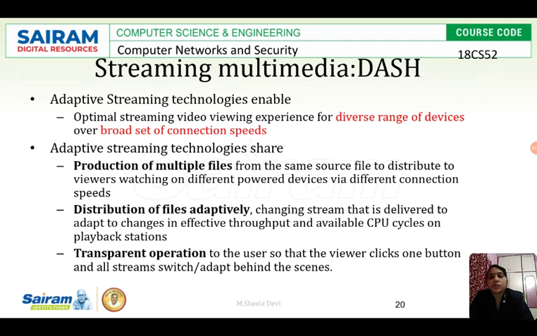The second one is distribution of the files adaptively. If I keep watching high quality video on YouTube, after 2 or 3 hours my bandwidth will obviously get reduced. Then it will switch to the low quality video file. This happens adaptively. The stream that is delivered changes to adapt to changes in the effective throughput and available CPU cycles on playback stations.